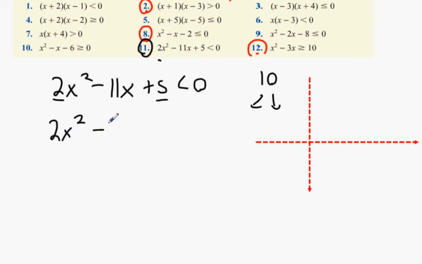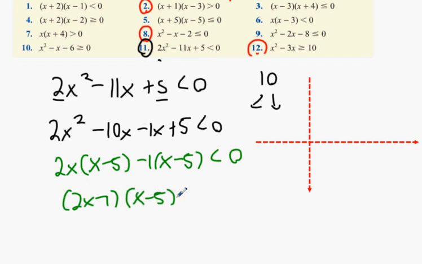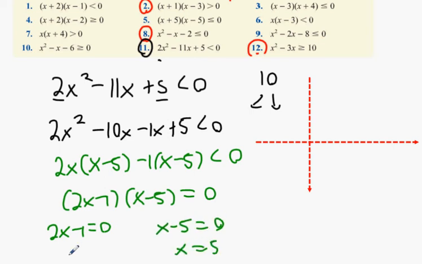2x squared minus 10x minus 1x plus 5 less than 0. After that, 2x bracket, 5. After that, into perfect. And after that, yeah. Okay. Well, technically speaking, I sort of use equals 0, don't I, at the start? So 2x minus 1 equals 0, x minus 5 equals 0, x equals 5, or x equals